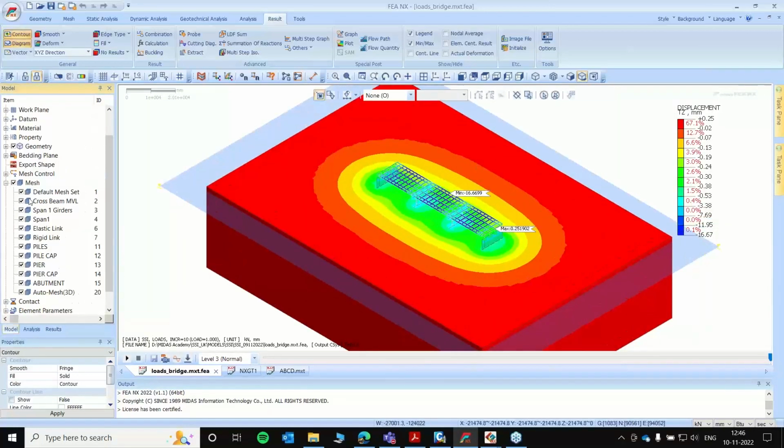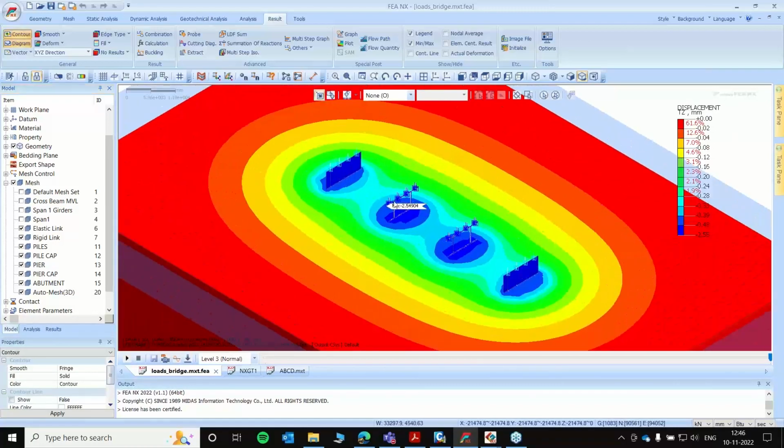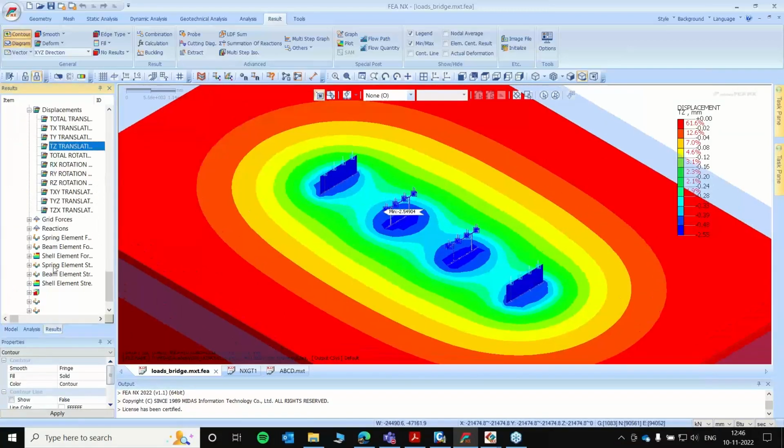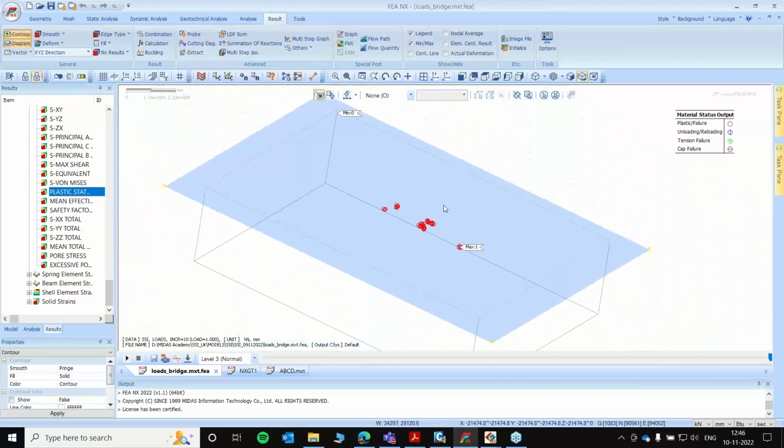If I just switch off the structure and only focus on the ground, they look like this. Here we also need to check for plasticity points. The higher concentration of plasticity points means the ground is in the unstable zone. If I go to plastic status, you can see there are very few plastic points, which is a good sign.